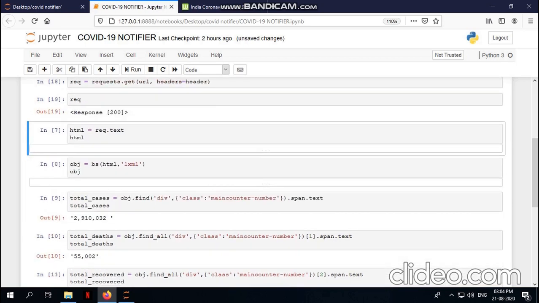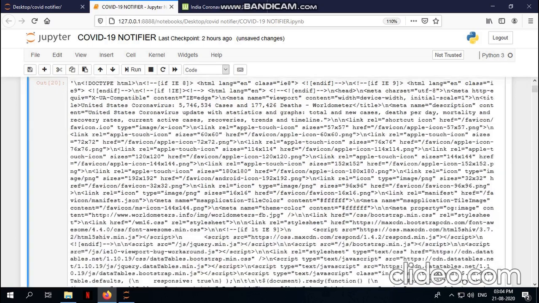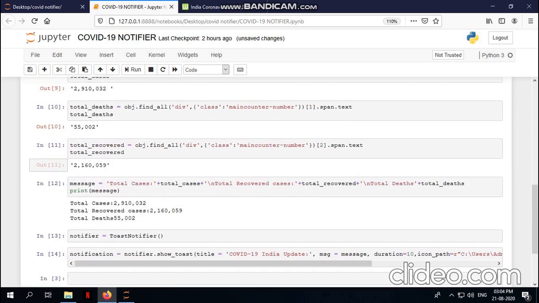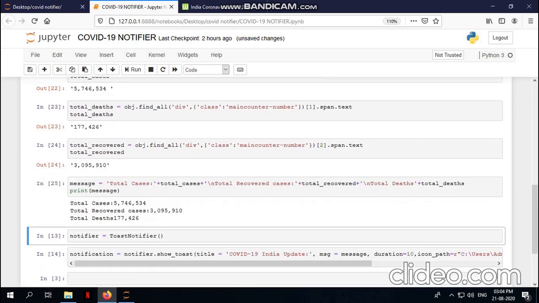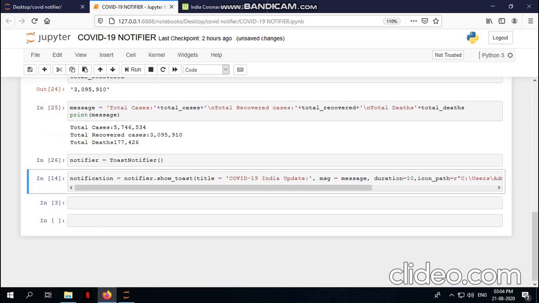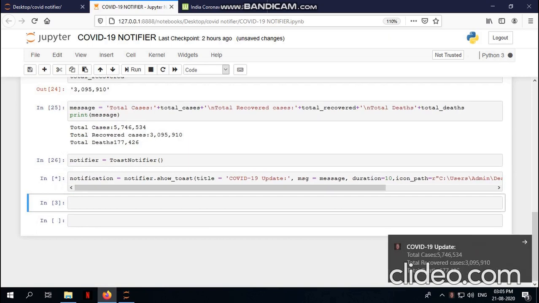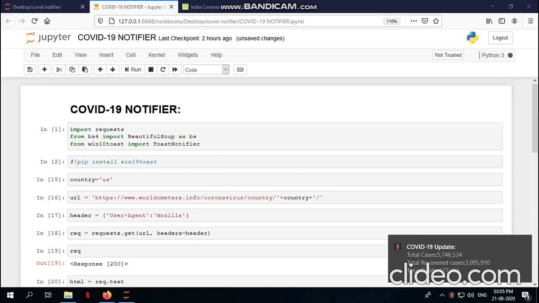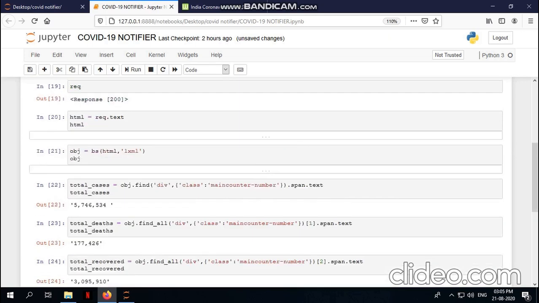I got my response as 200, that means everything is fine. I'll run this, and get the total cases, total deaths, total recovered cases, the message, and I'll feed it to the toast notifier. I'll just change here, I'll just write COVID-19 update, and I'll run this. I'll get the total cases for US. So accordingly you can change the name of the country right here, whichever you would like. Okay, you can give Thailand, you can give Singapore, you can give US, India, England, UK, whatever.